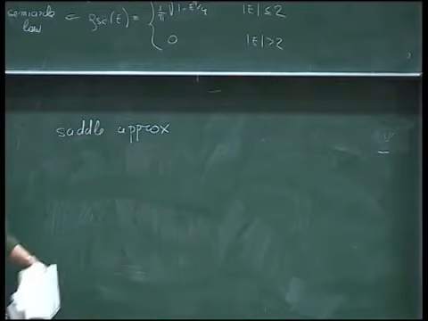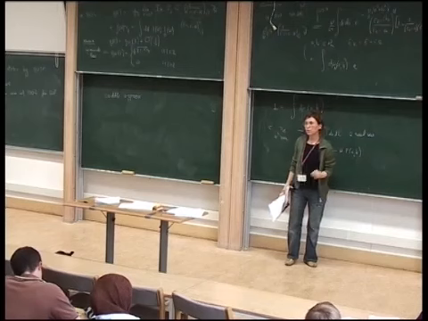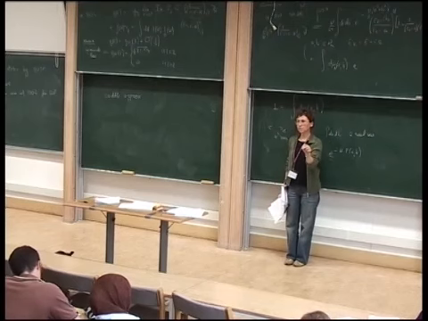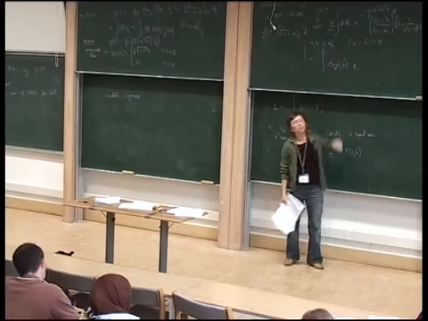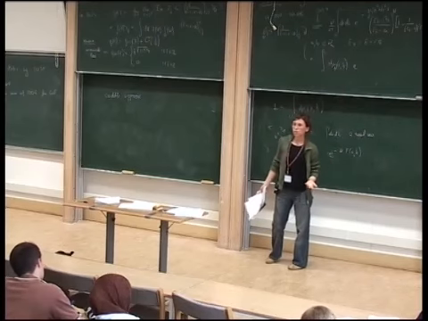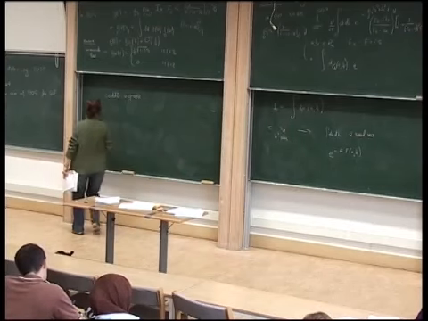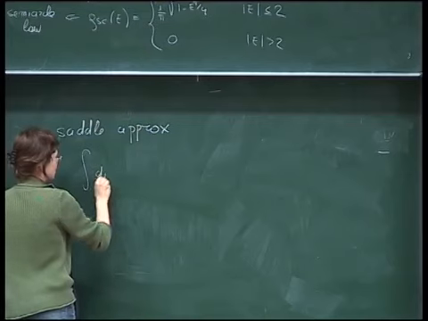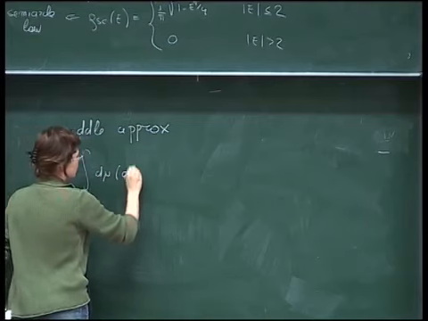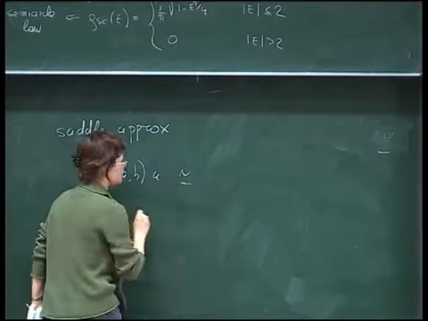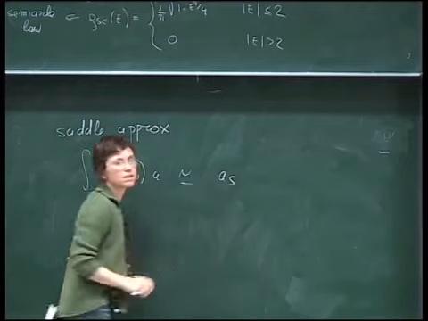Well, we take the observable and we compute it directly at the saddle. And then we take the Gaussian approximation of this measure around the saddle. But this measure is normalized to 1. So actually what we will get is that dμ_A of A is more or less equal to A computed at the saddle.